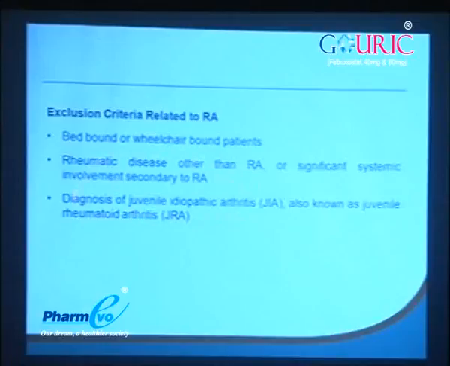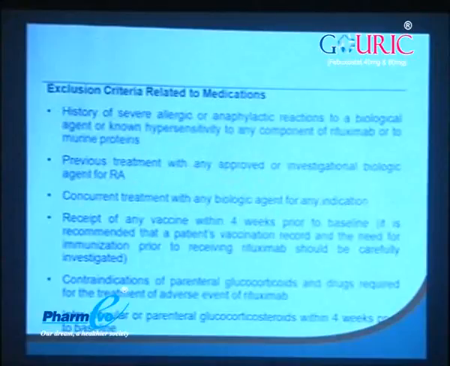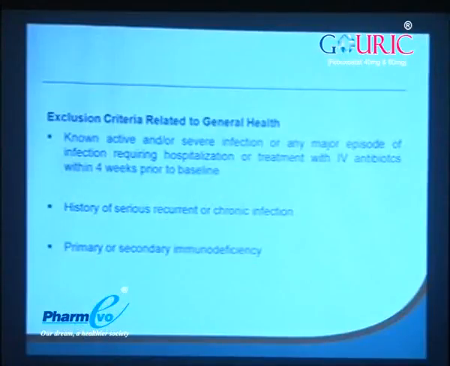We excluded JIA, rheumatic diseases other than RA, or overlap syndromes, and certain other exclusion criteria related to medications which they were taking, any history of anaphylactic reactions to rituximab or to murine proteins, any concurrent treatment with any other biologic agent, and contraindications of parenteral glucocorticoid and intra-articular injections. Generally speaking, it was